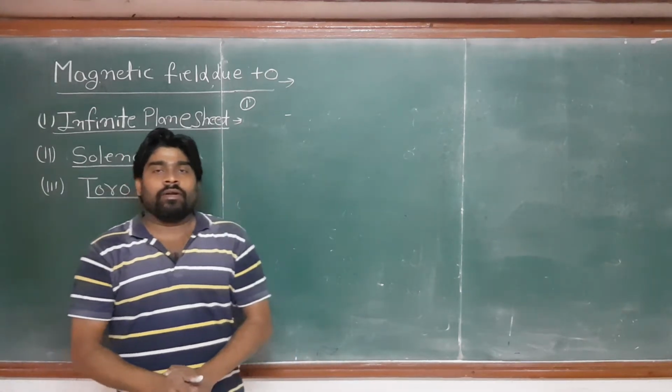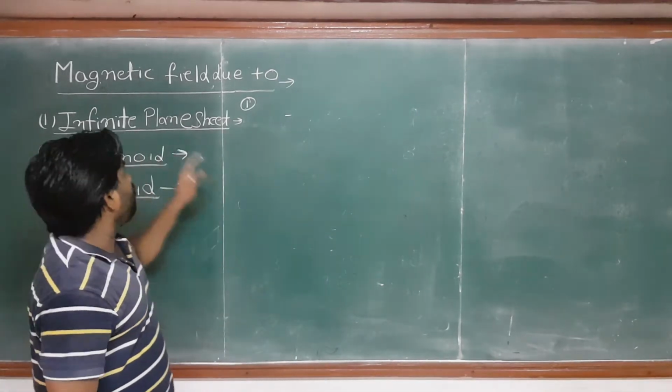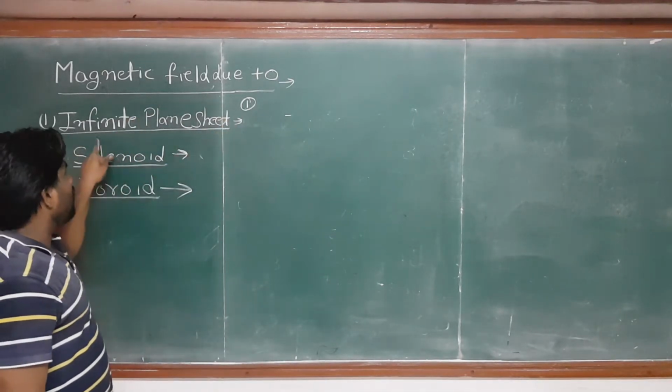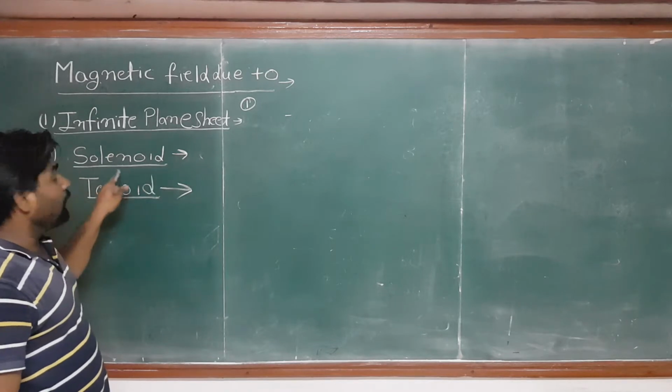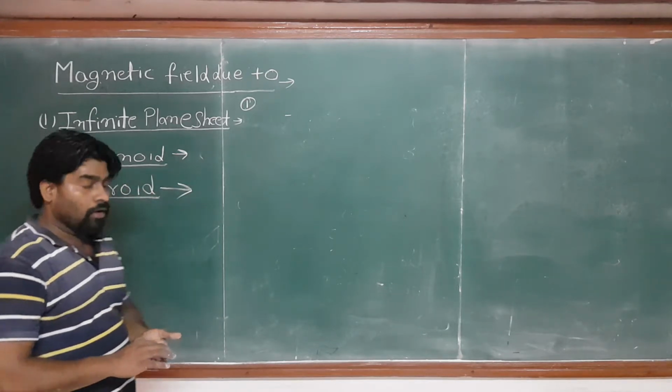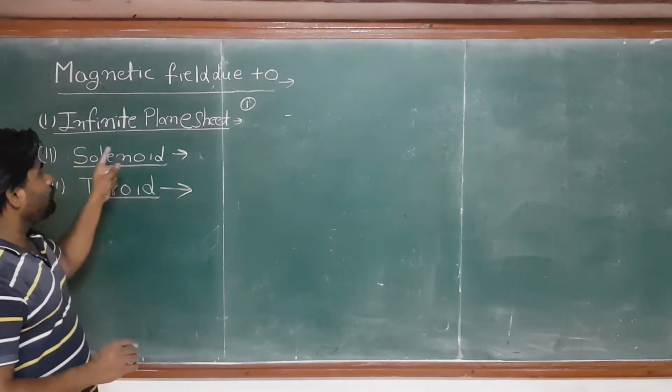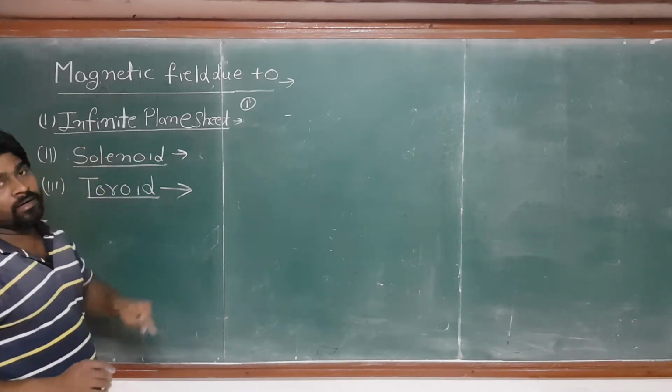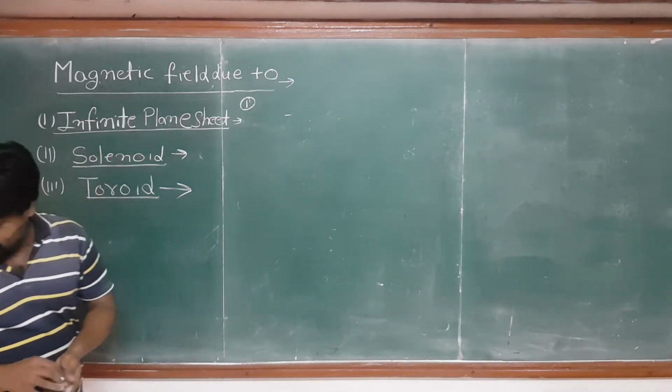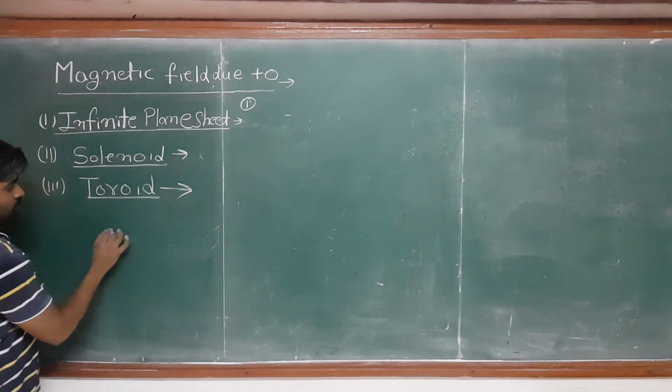Students, in today's video we will discuss the topic magnetic field due to the infinite plane sheet, due to the solenoid and due to the toroid. So first of all I am going to find the field due to infinite plane sheet. Then see this. Let's suppose